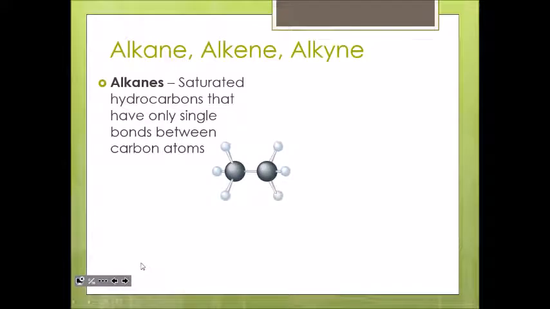The first one, alkanes, we call them saturated. They only have single bonds between the carbon atoms. Now, this one is showing you 2 carbons here. This is called ethane. If you were drawing a Lewis dot structure, it would not be a double bond. It would have a single bond between them, and then it would have hydrogens filling in the rest of the octets. Okay, like so. And this would be ethane. That would be the Lewis dot structure for it.